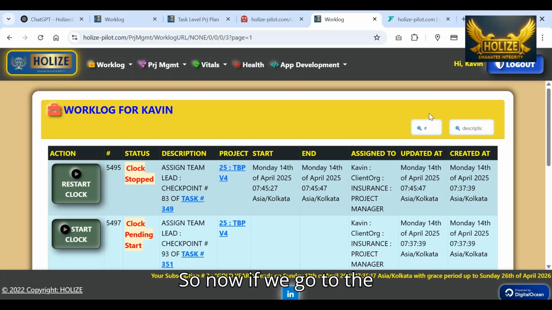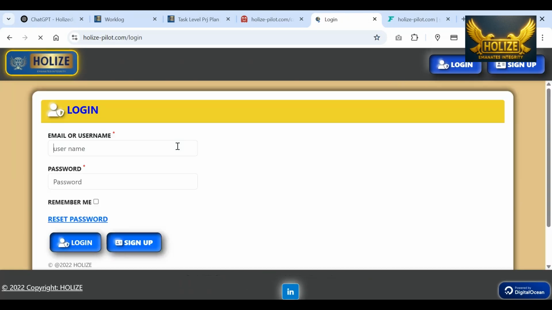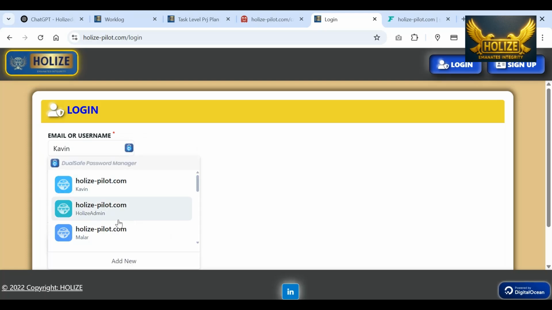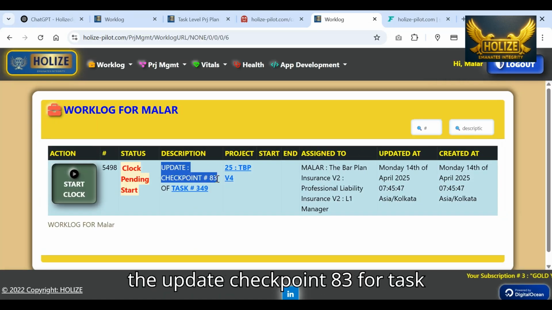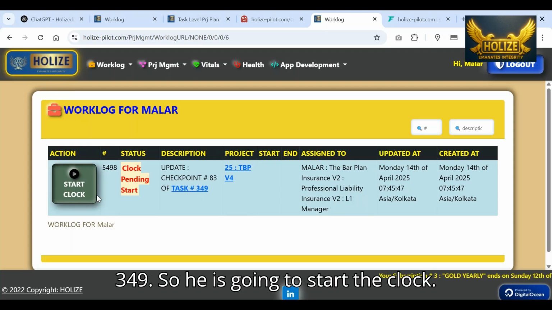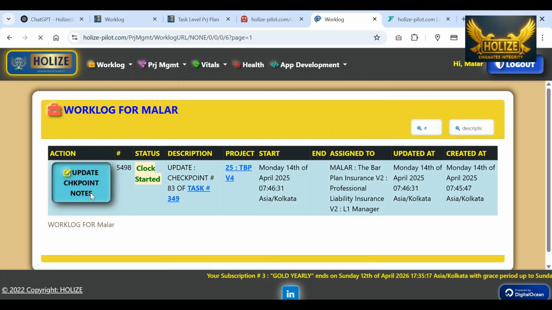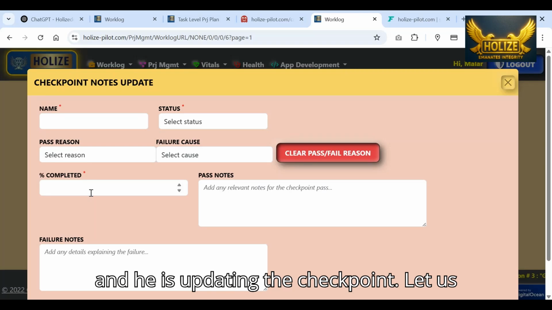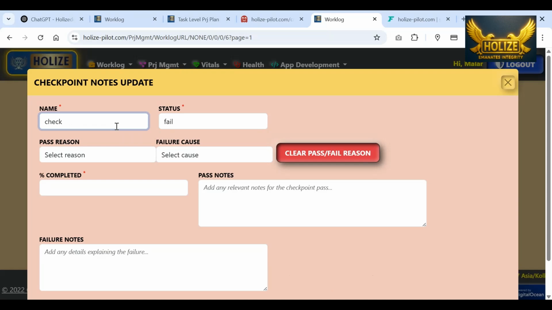So now, if we go to the team lead worklog, he would have got the task to update the checkpoint. See, update checkpoint 83 for task 349. So he is going to start the clock and he is updating the checkpoint. Let us say he fails the checkpoint. He names the checkpoint as